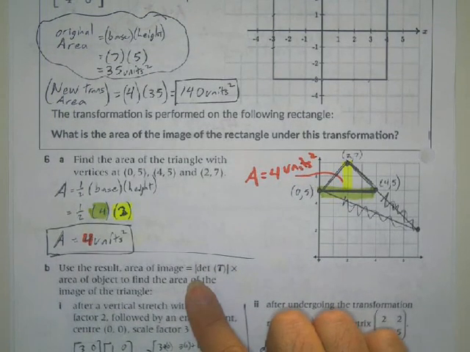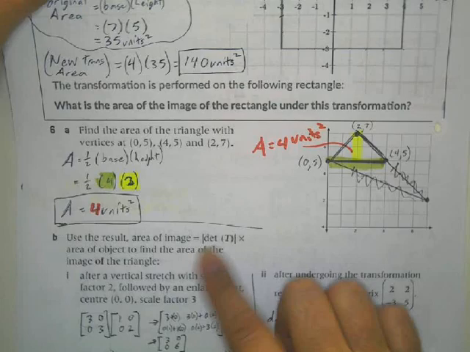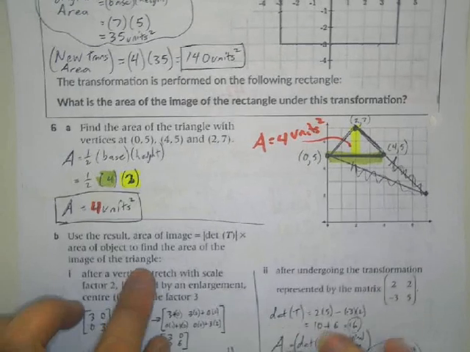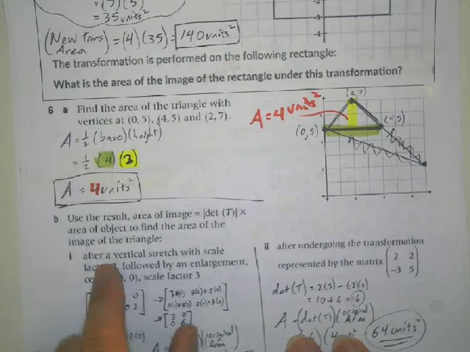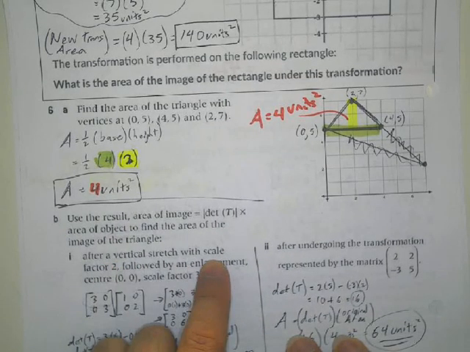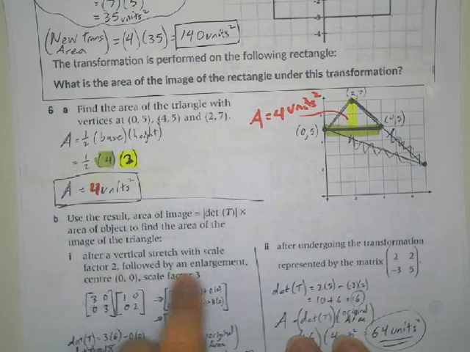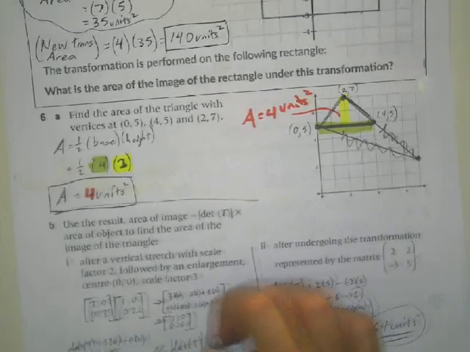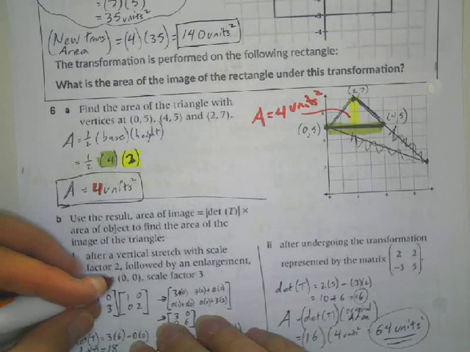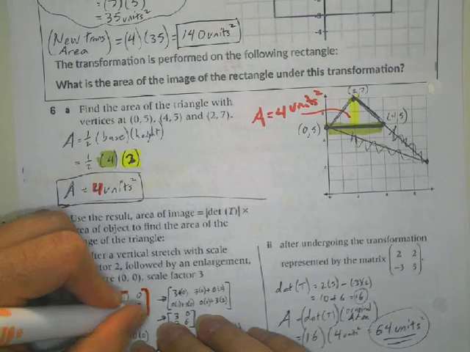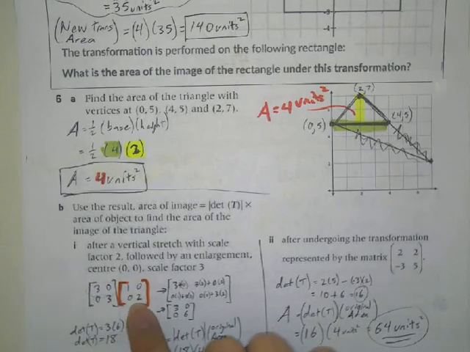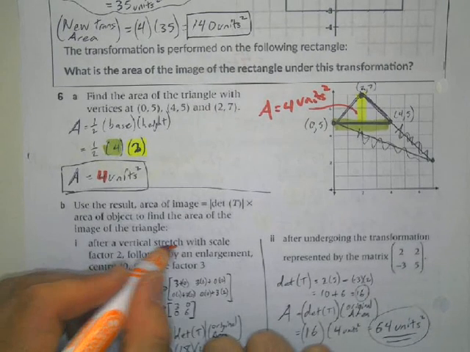Use these results of the area image and the determinant of the transformation matrix to find the area of the images of these triangles. Okay, so we're going to do a vertical stretch with scale factor of 2, followed by an enlargement by a scale factor of 3. So the vertical stretch is this orange matrix. If this is happening first, it's going to be written here as the second thing. So the vertical stretch happens first,